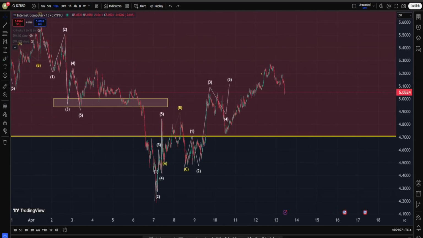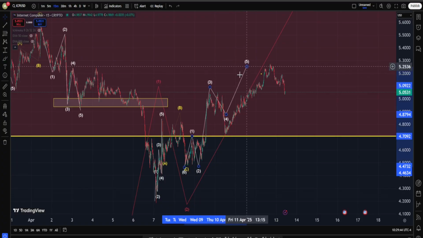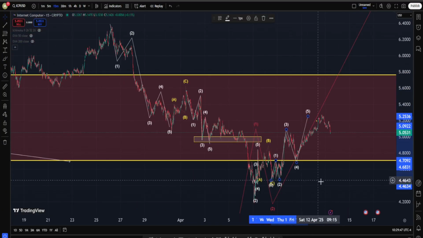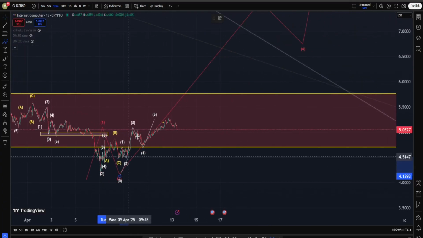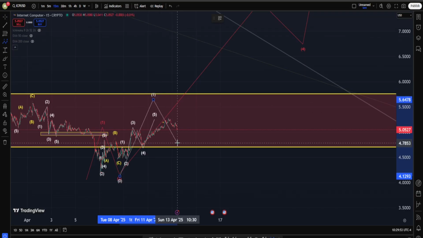If you remember, in the previous video about ICP, I believe we were right around these areas, and the idea was that maybe starting from this point, this is a 1, 2, 3, 4, and we can have another move on the upside into wave 5, and on a higher degree that might be into a wave 1. Let's just do this. There we go. And followed by that, I said we can get a correction structure down into our wave 2,